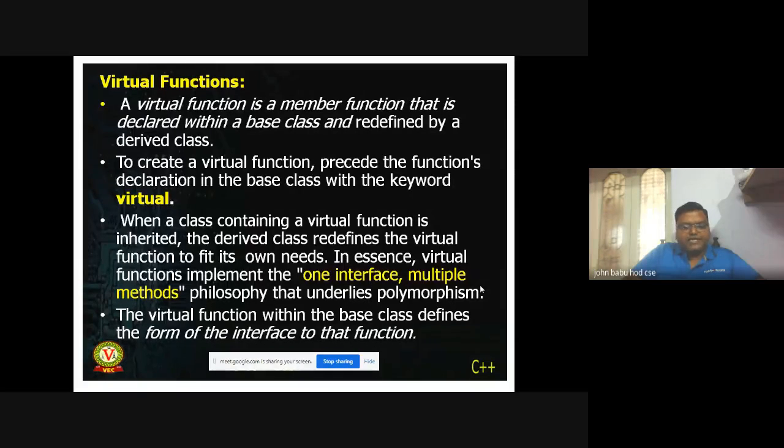In multiple inheritance, when a class is inherited from two different classes, if those two classes are inherited from a single class,